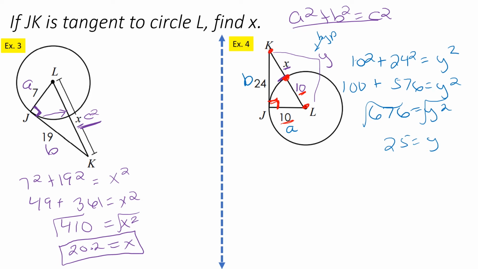So we still have not found x. So y is the whole piece over here, right? And so what we can do, because we know that this length here is 10, the only thing we have to do is subtract 10 from 26. I don't know if I said 26 and wrote 25, but this should be 26. So if the whole length here of y is 26, then that would make this piece here 16. If you want to set up an equation, you can say x plus 10 is equal to 26,